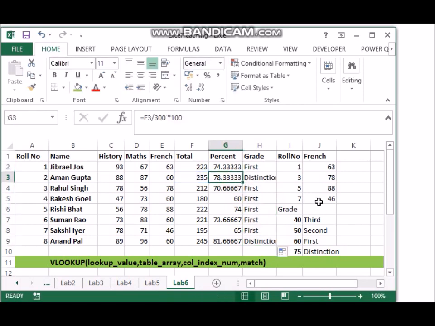Now we have to be very careful. How did we actually give this thing? We have to test whether it really works. So let's try to get somebody who has got exactly 40% marks. Let's say roll number 5, Rishi Bhatt. We'll give him 40 here, 40 here, and here also we'll give him 40. So his mark has become 40. 40 has been graded as third class, which is what it is.